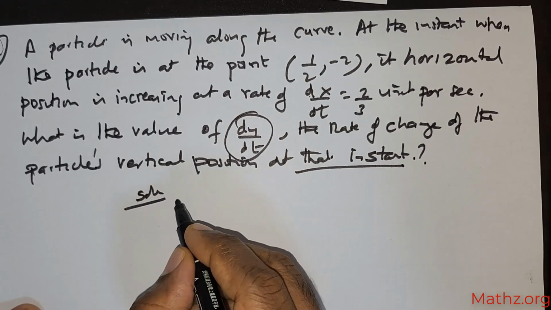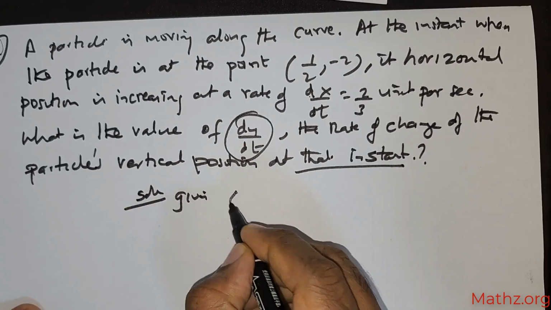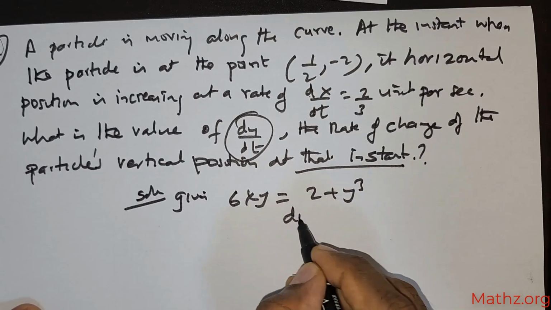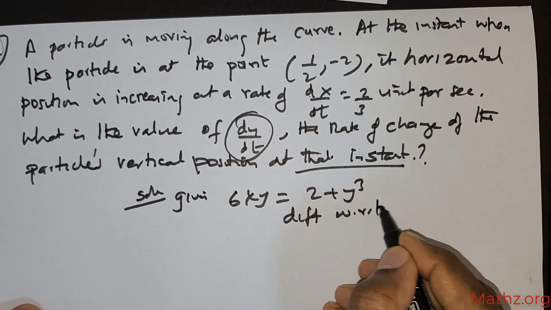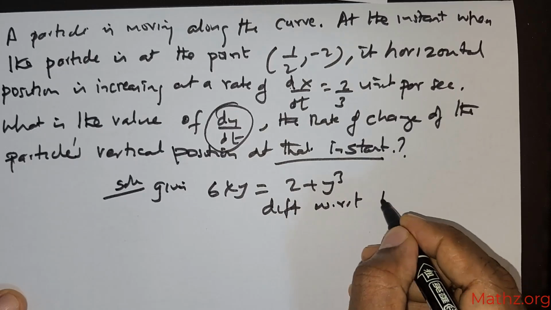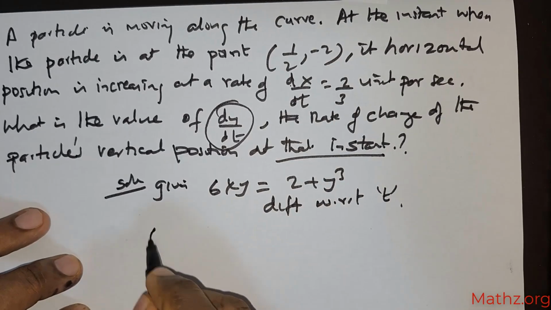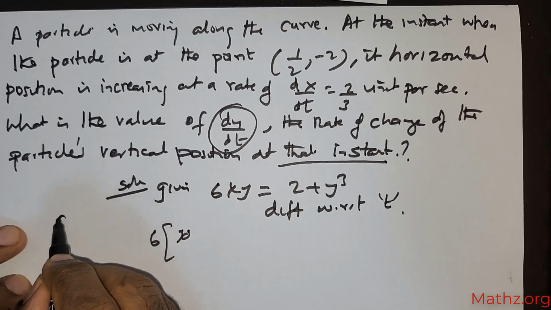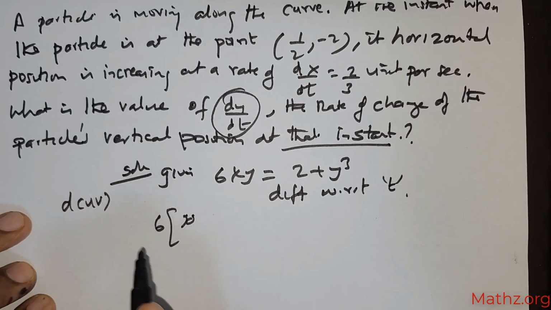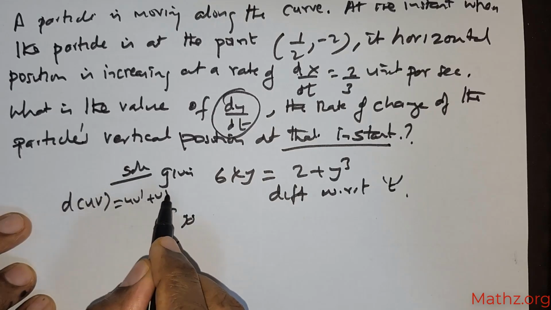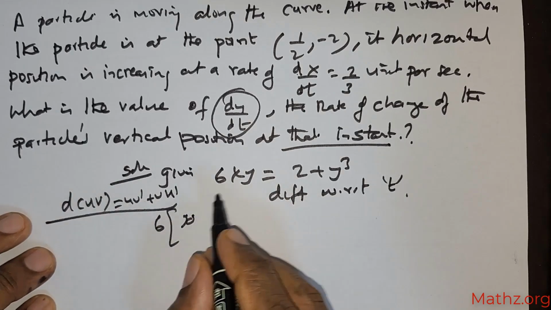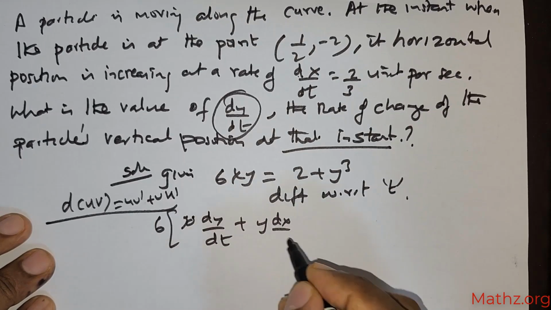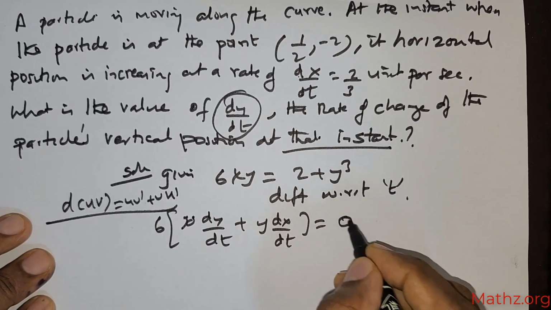Now this is the solution. So what are we given? We are given the equation of the curve 6xy is equal to 2 positive y cubed. So now what I'm going to do, I'm going to be differentiating implicitly with respect to t. So 6 times of u into v. When I say u into v, I'm utilizing this formula: d of uv is equal to u times v dash plus v times u dash. So x times differential of y, that's dy/dt, positive y times differential of x, that's dx/dt, is equal to 0